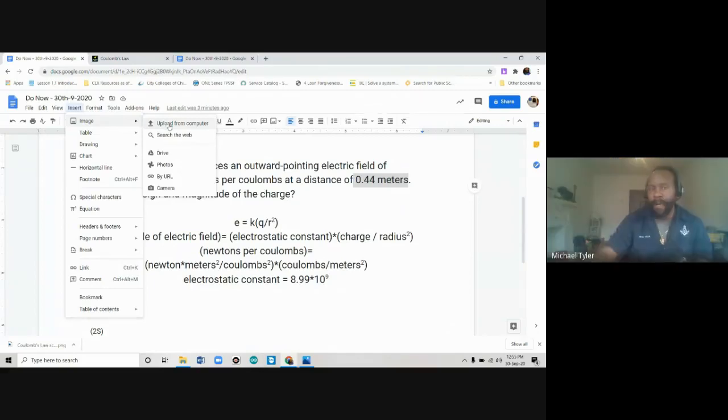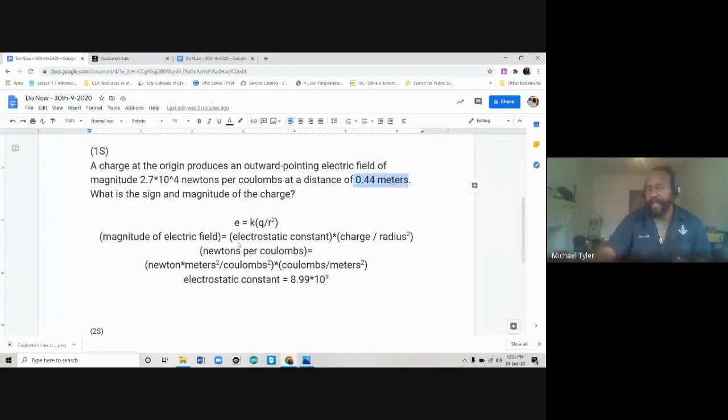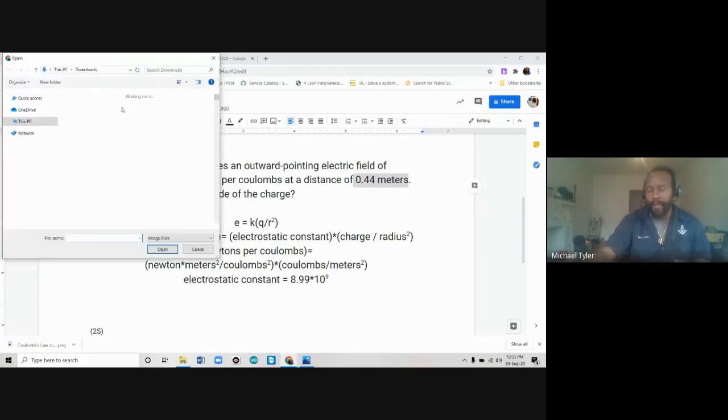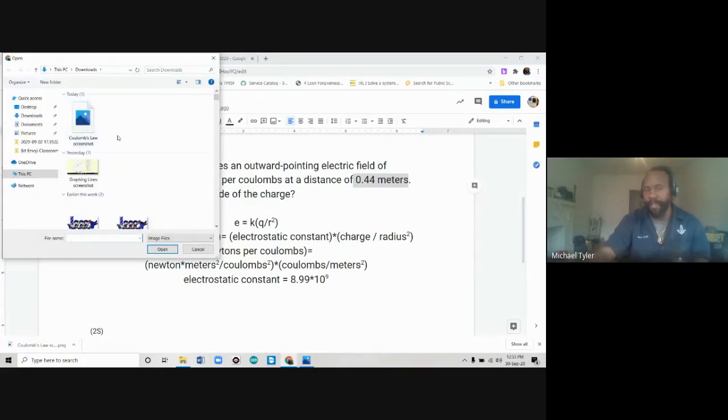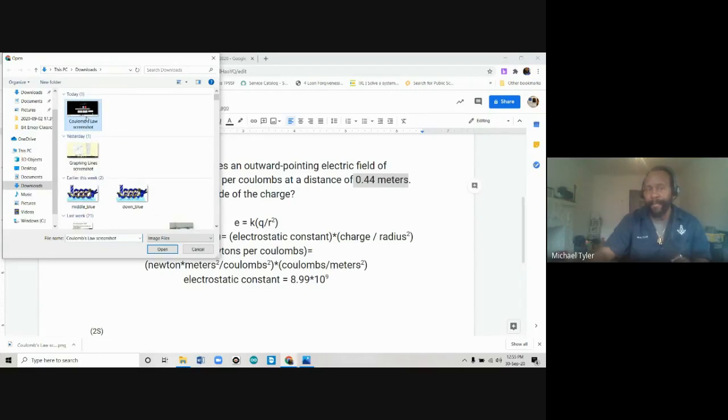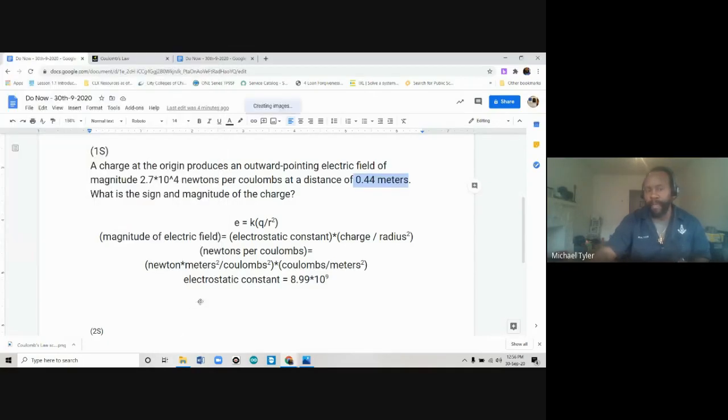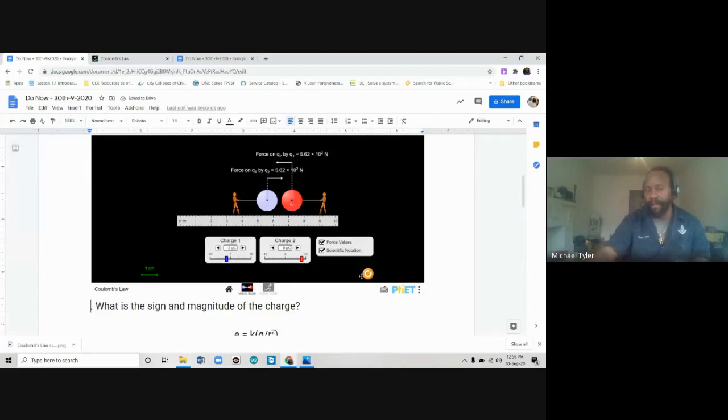Okay. So I'm going to upload this image that I screenshotted into my document. So I clicked on insert, I went to image and upload from computer if you didn't see that. Once I did that and I made sure I downloaded my document, it'll appear in my downloads. I select it, hit open, and et voila, there's a document of what I was asking you guys about.